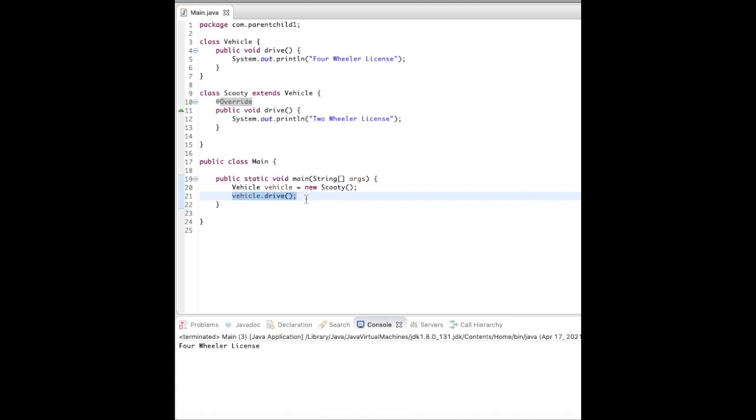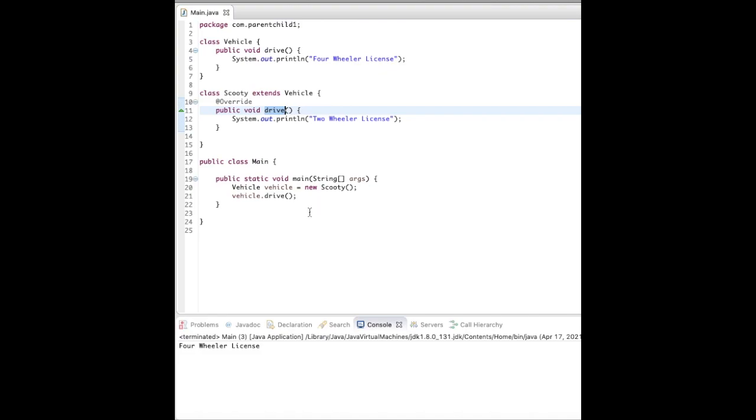So when I run this, what happens at runtime? Vehicle is of this class and it has a drive method which prints four-wheeler license. But this Vehicle holds a reference to a Scooty object, and the Scooty object has a drive method.